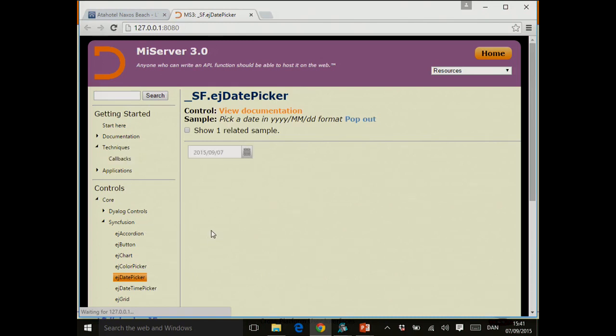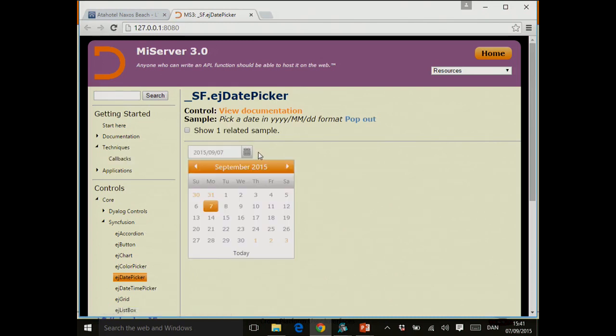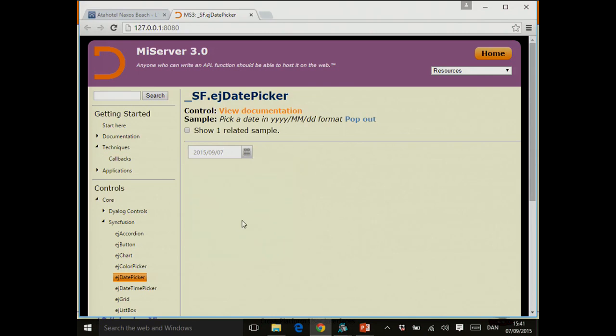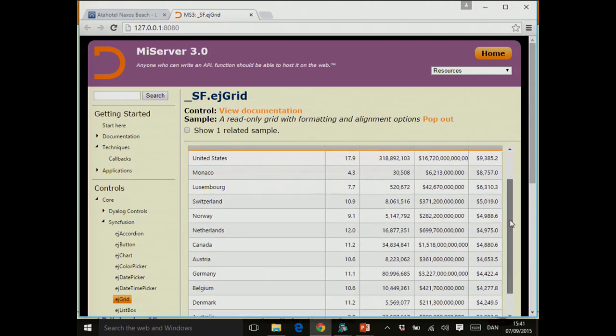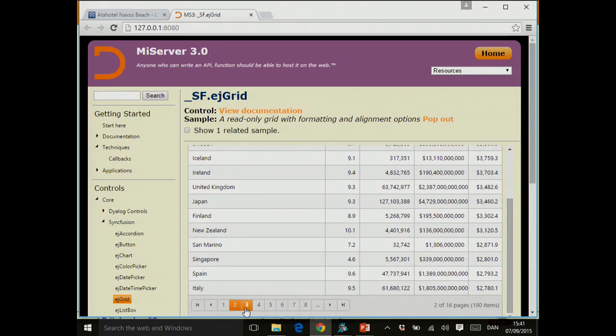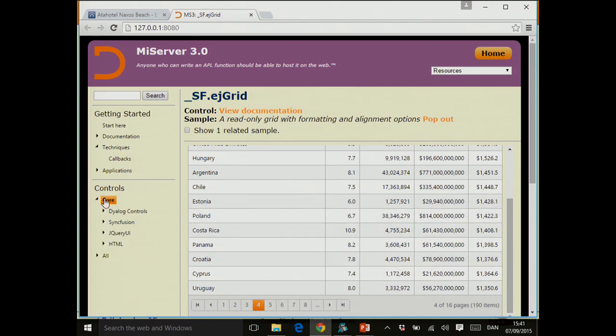So this is one of the widgets they provide, in the classical calendar thing. They have a grid object, which allows you to page through data, filter it, search it, all the kind of stuff that you would expect to put into a grid object. So in addition to browsing these objects,